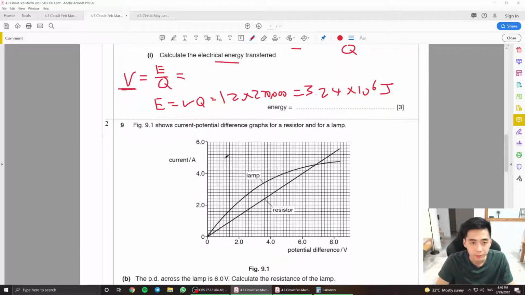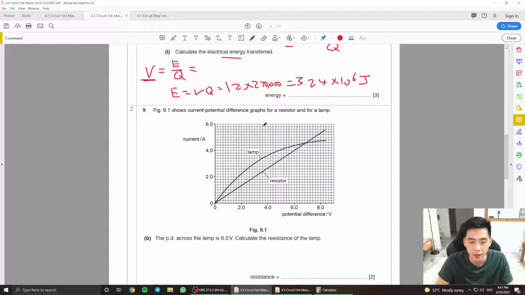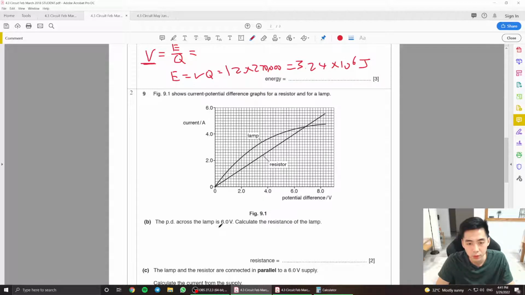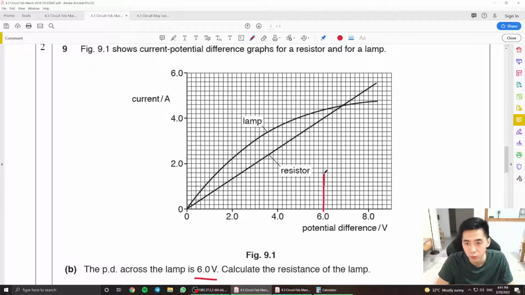Right. Then figure 9.1 shows current potential difference graph for resistor and a lamp. The potential difference across the lamp is 6 volts. Okay, 6 volts here, somewhere around here. Calculate the resistance of the lamp. I'm supposed to find the current. If it's 6 volts at the lamp here, the current should be somewhere around 4.4, right? Yeah. So this is going to be